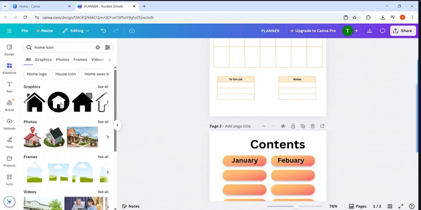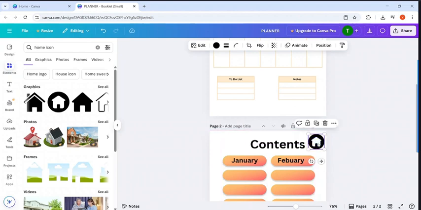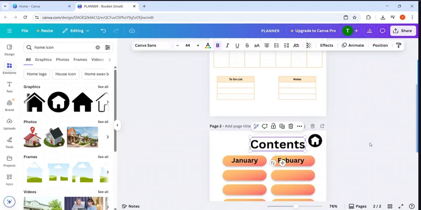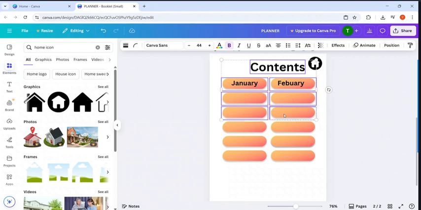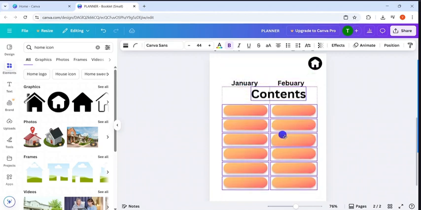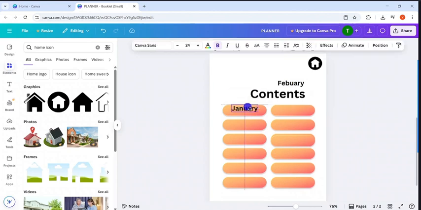So next, I'm going to add content, and I'm going to add a button. For that I'm going to Elements, and I'm going to add buttons. I will get some buttons. So this one I'm going to use, and I want this part only,